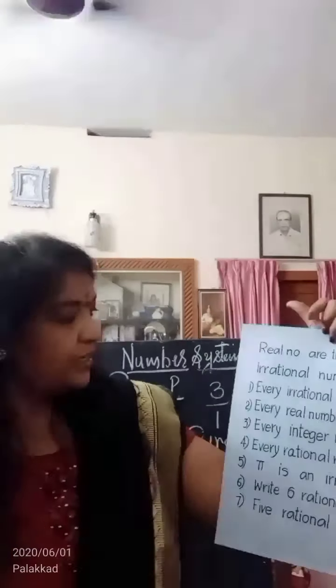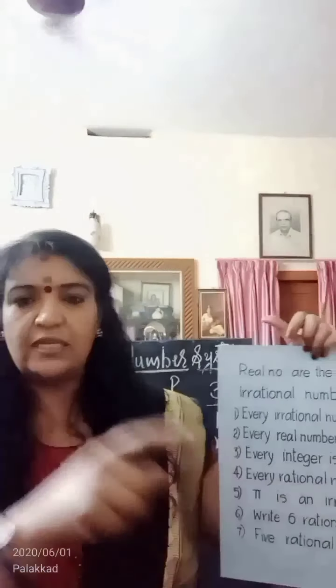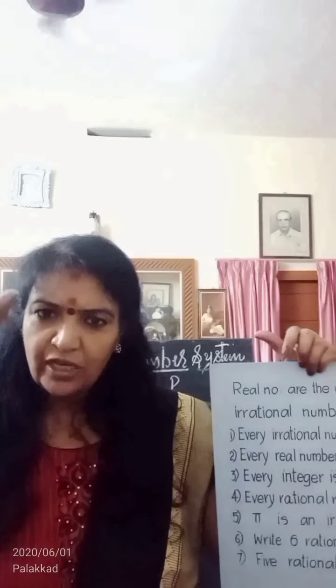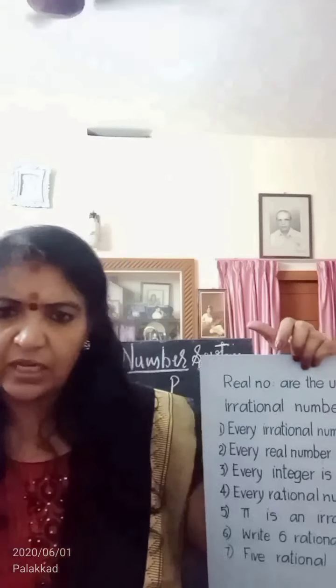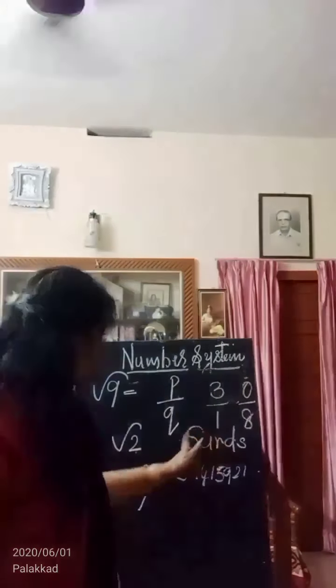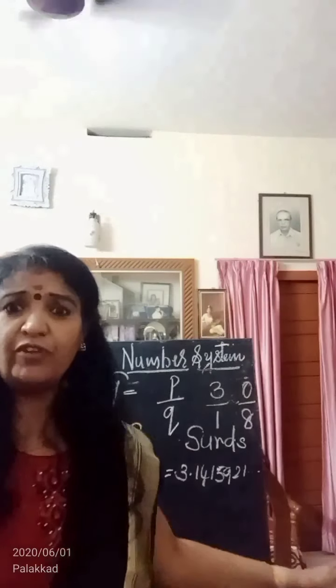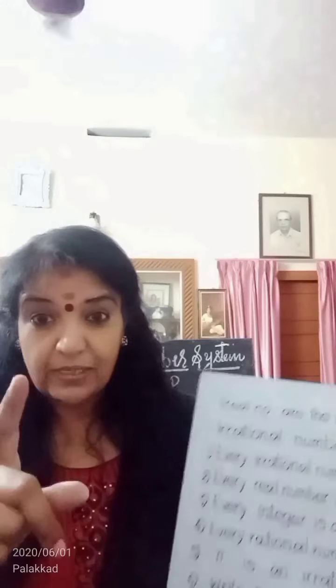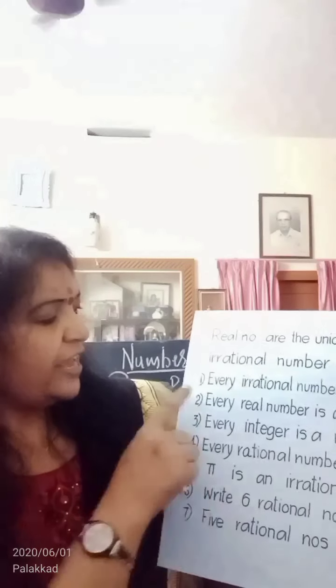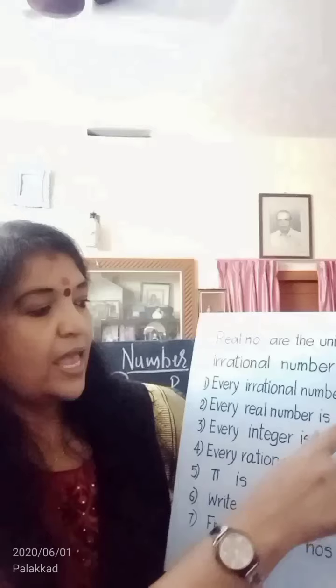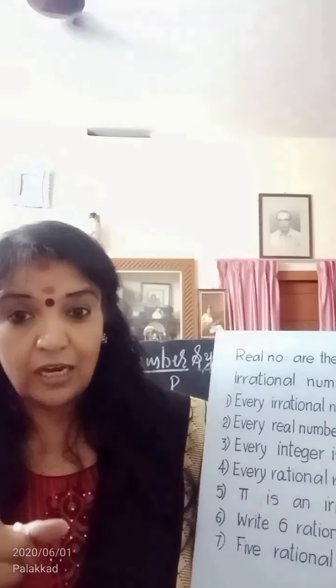Then another: every irrational number is a real number. Yes, I told you, rational and irrational together is the real number system. So every irrational number, such as root 2 or 22 by 7, 3.1414, etc., each decimal of this type has a place on the number line. So these numbers we can represent on a number line. Such numbers are called real numbers. Then, every real number